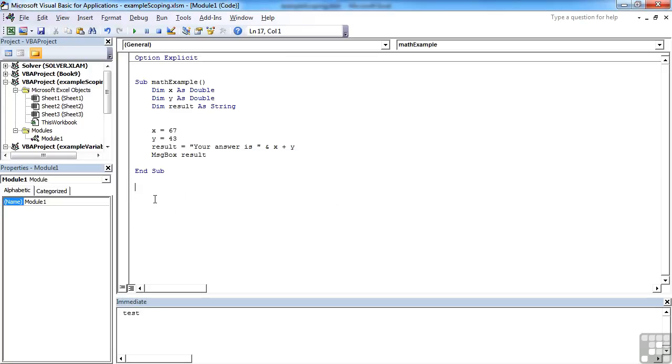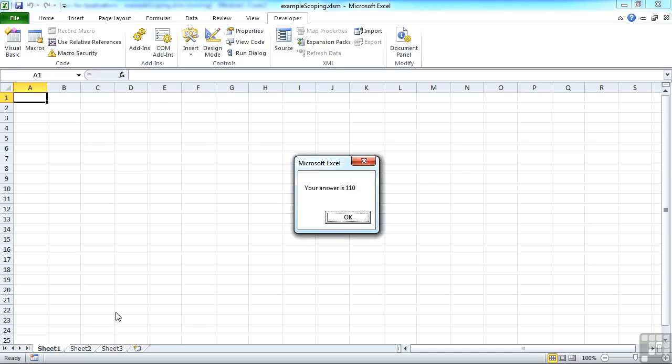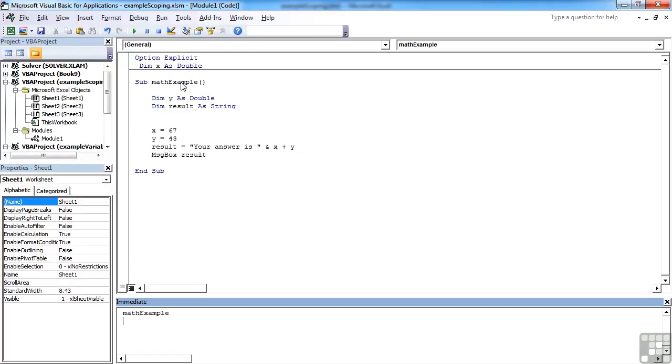Now sometimes you do want variables to be used outside of a procedure. In order to do that, you must declare them at a much higher level. If we were to declare a variable here, so let's take our x, dim x as double, and declare it as a variable effectively at the top of the module. It must be after the first line of option explicit, but before you start defining any functions or procedures at all. Now this will still work. Answer 110. But because the scope of x is now outside of that procedure, x exists the whole time this